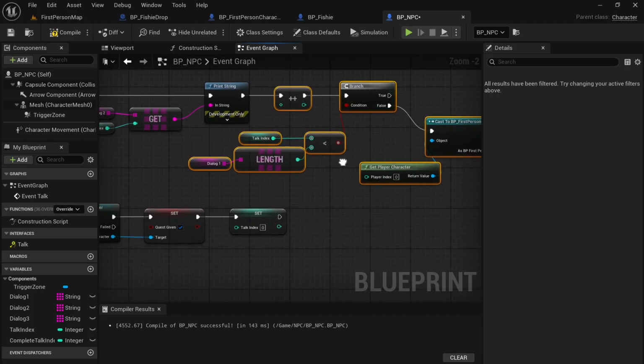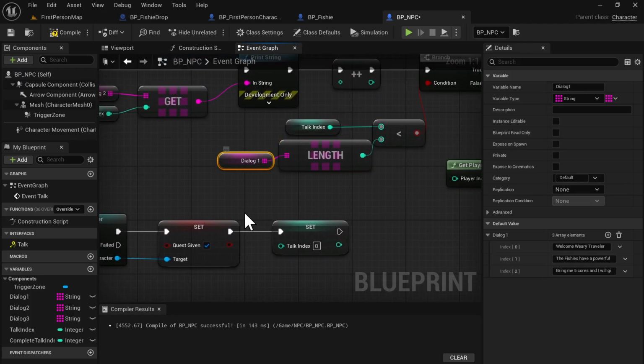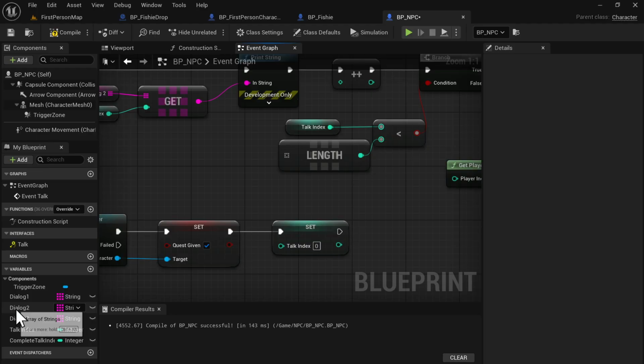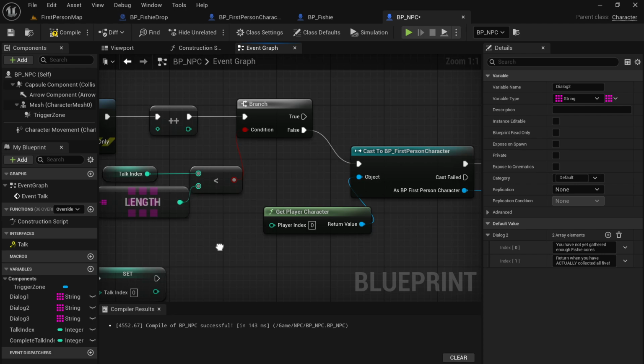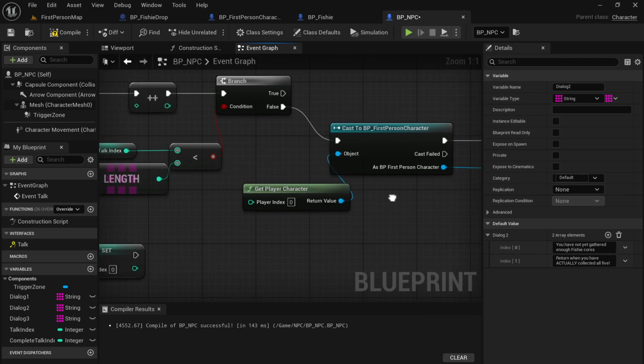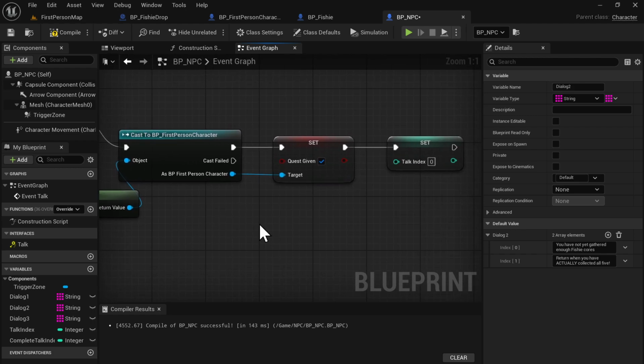But we want to make sure that we switch out our dialog 1 here for dialog 2. So we can get that and connect. That takes us through so that if we are there, then we can actually take off our,